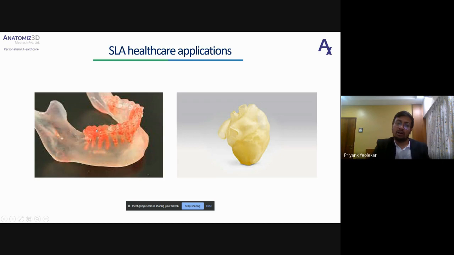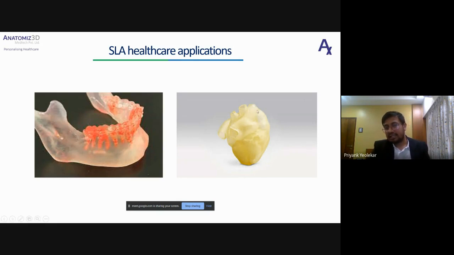In SLA technology, you can print your parts in such a way that if you want to see internal structures, you can have a transparent resin, and the teeth can be printed in different color materials, and then they can be assembled together. This is how they have achieved this part.